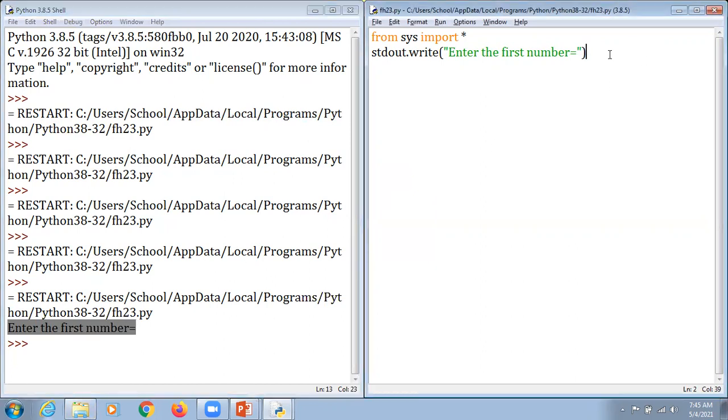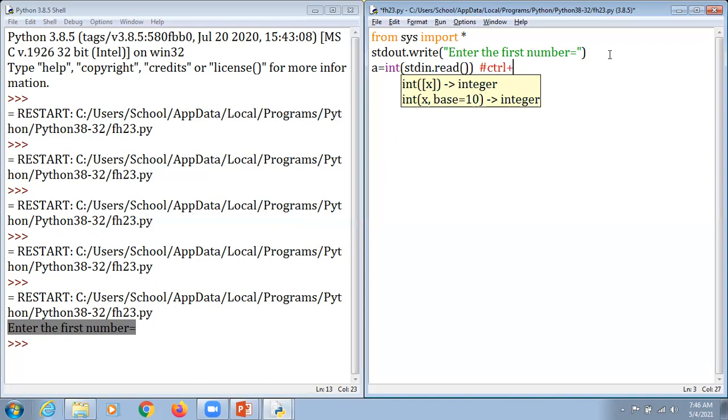Now what happens if we require input here? For the same, dear students, we mention the name of the variable, and as we require it as an integer, we mention int, and type stdin dot read. First of all, I am going to use a read function, but kindly make sure that when we run this program, if we are using read, it continuously reads, so after each line we are supposed to press the key combination Control plus D.